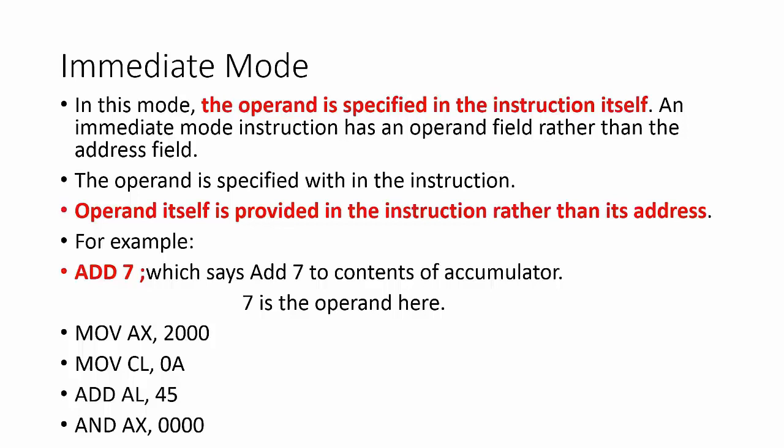AND is the logical instruction. So this will perform the logical AND operation. Whatever contents are present in the AX register, the accumulator register, will be converted into binary, and 0 will also be converted into a binary number. Then the AND instruction will perform the AND operation bitwise. Okay,